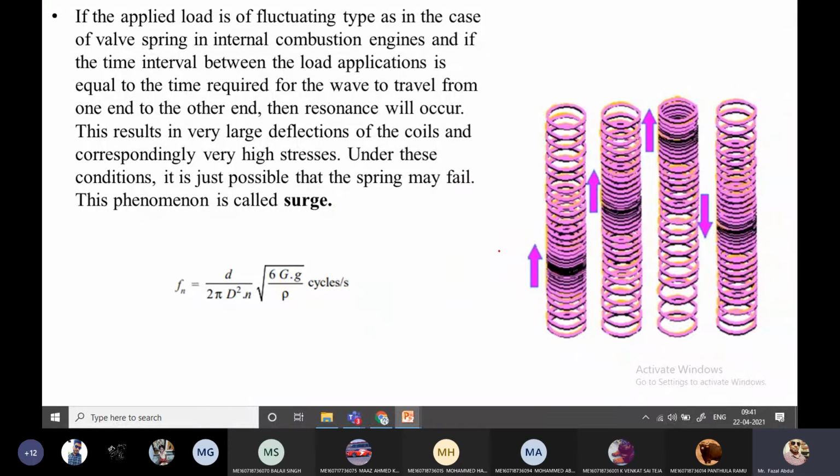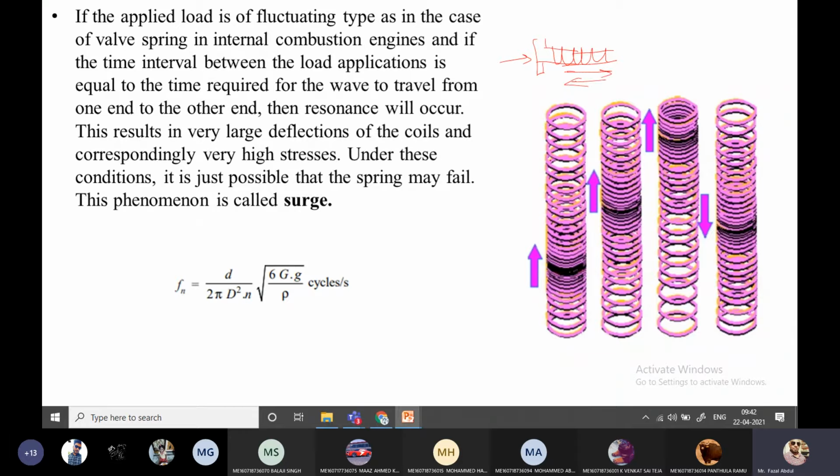If we see, in an IC engine, at the inlet and outlet valves, we have a cam and follower to operate the valves. This follower is operated and controlled by the springs only. The follower is always subjected to fatigue loading. This is the follower, I am drawing a rough diagram. On this follower, the spring is made in this manner. Because the follower is subjected to continuous cyclic loading, nothing but fatigue loading, the spring is also subjected to fatigue loading.